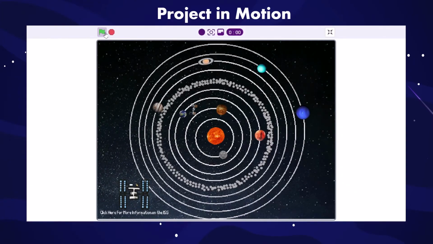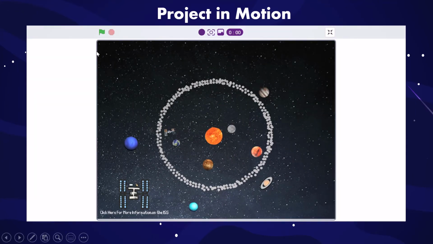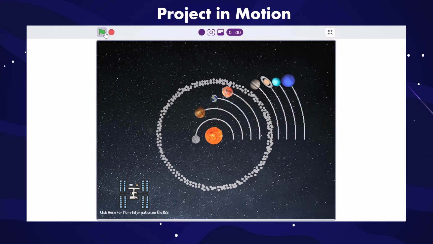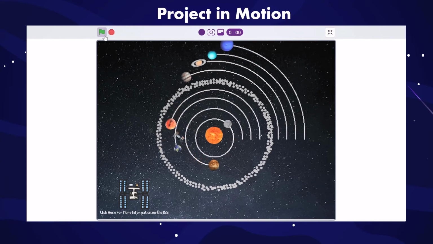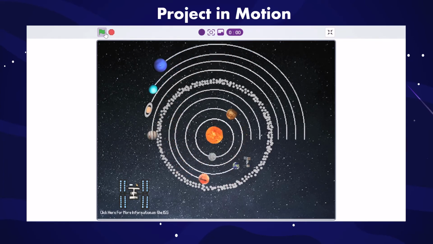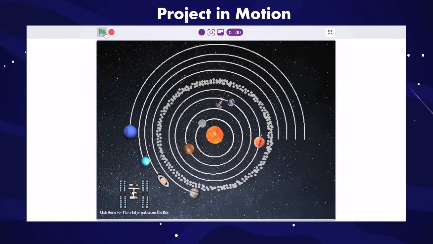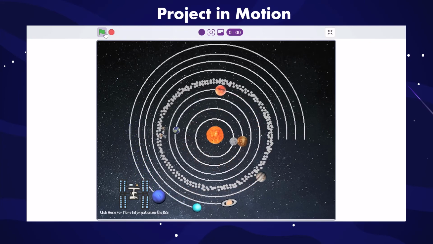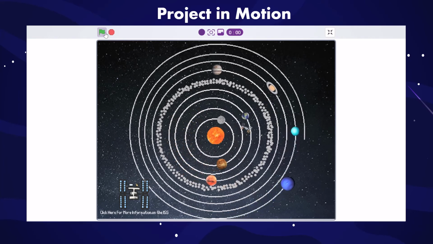Now I will present to you my project in motion. So this is how the screen first looks. You can see all the planets around the screen and the ISS around the Earth. Now when the green flag is clicked, the planets start orbiting the Sun in their respective orbits, and the International Space Station starts orbiting around the Earth. As you can see, the planets are now moving around the Sun and it looks like a model of the solar system. Whenever I hover above any of the planets or the Sun or the ISS, it will display its name. For example, the Sun,